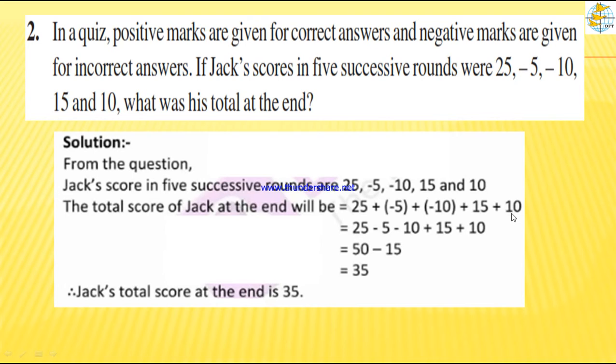Okay, now the very first step. If the values are within brackets, let's open the brackets. The first value 25, copy down. Now we open the bracket, plus into minus gives minus, then the value 5; again plus into minus gives minus, the value 10; then copy the remaining values. Now we have opened the bracket. And how many integers are there? In the previous question we solved only two integers. Here we are going to simplify more than two integers.